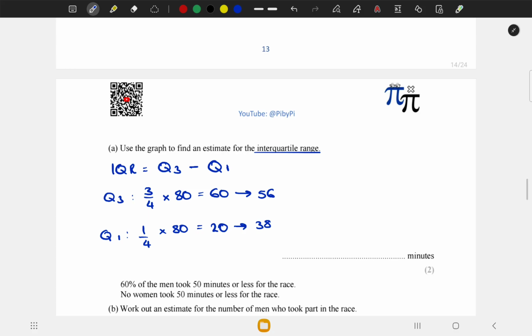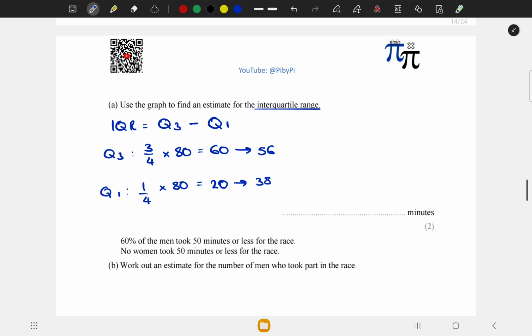Moving on to the next question, which is telling us 60% of the men took 50 minutes or less for the race, and no women took 50 minutes or less for the race. So all the men finished within 50 minutes. 60% of them finished within 50 minutes. The question is asking us to work out an estimate for the number of men who took part in the race. So I'm going to work with the 60% who took 50 minutes or less, because we know there's no